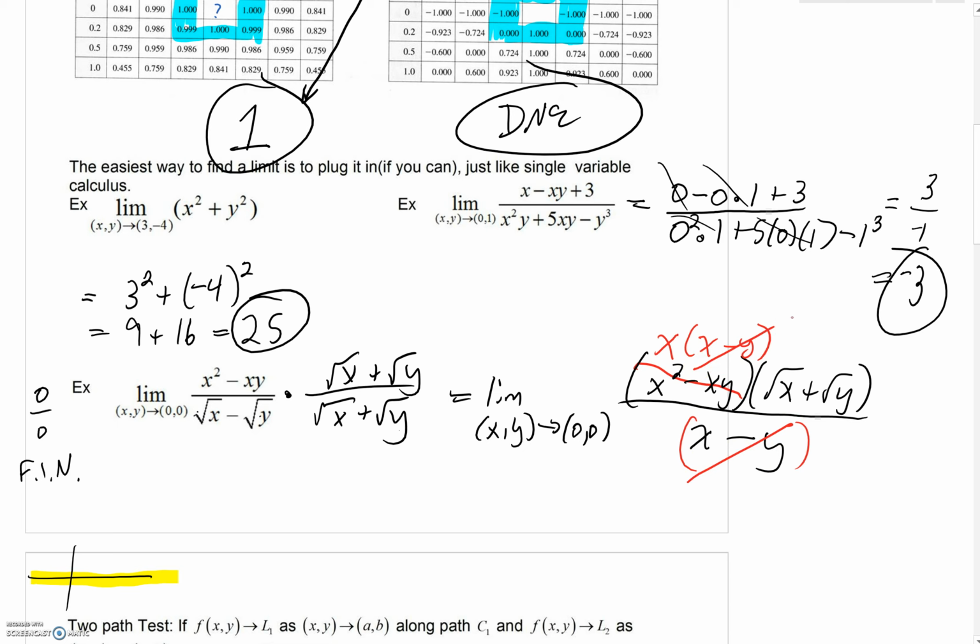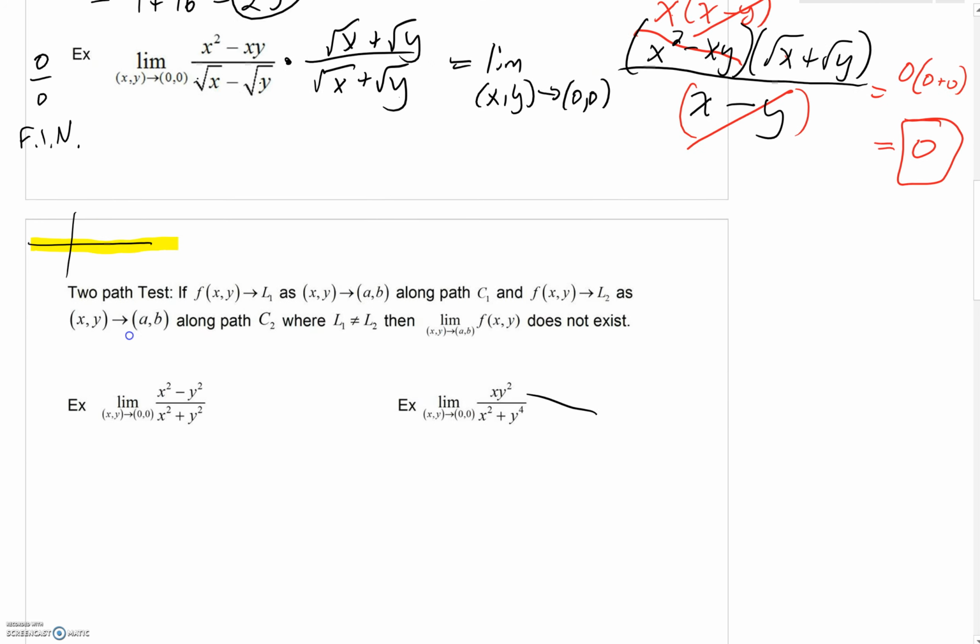This x minus y would cancel here, and then it doesn't take you too long to plug in an x value of 0. We'd have that 0 right up here, and then we'd have square root of 0 plus square root of 0. This whole thing approaches 0. So sometimes you can revisit these problems, do a little bit of factoring, algebra, conjugate multiplication, and get solutions much the same way you did in calc with a single variable. However,